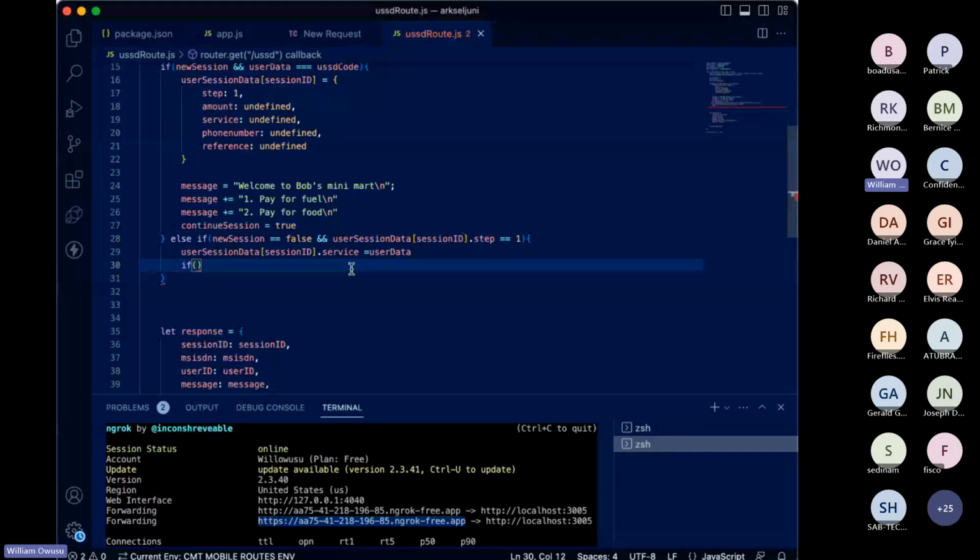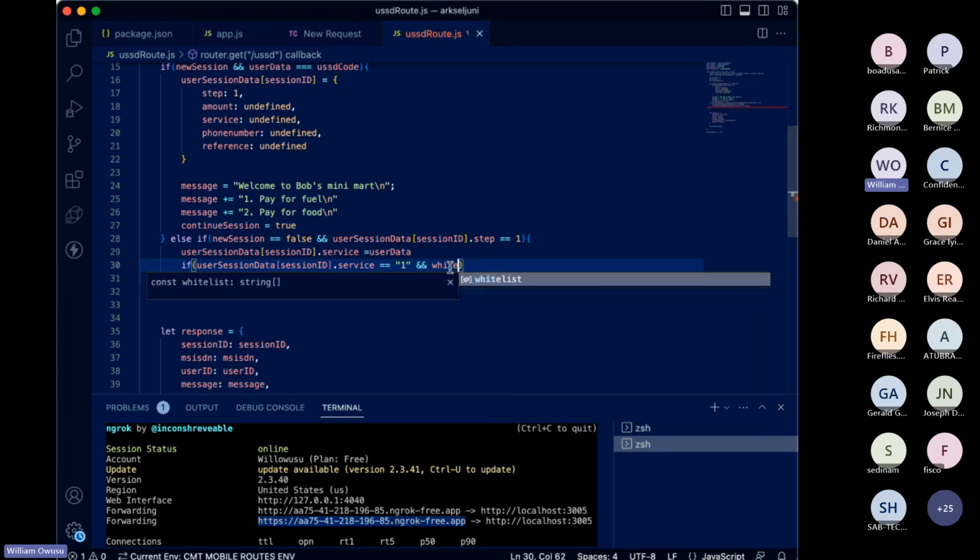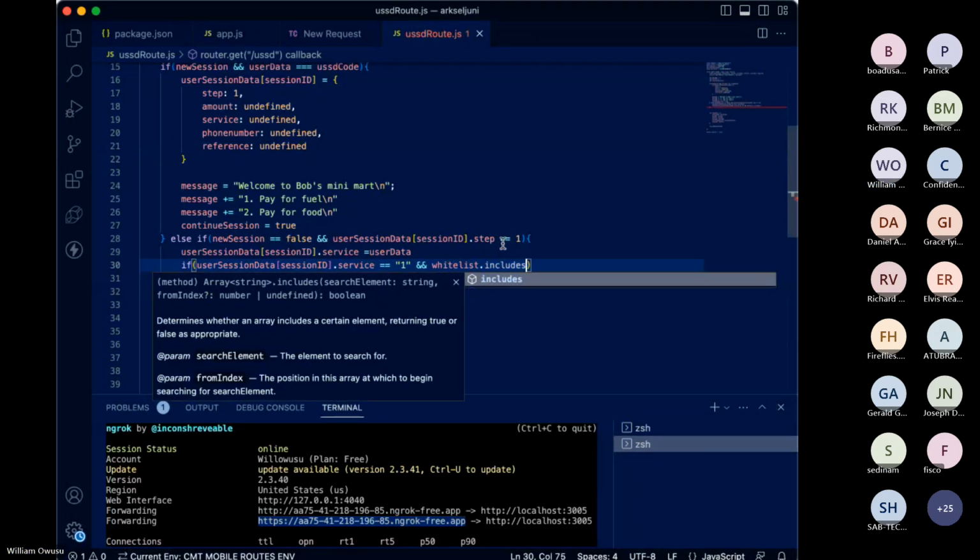I've just checked the user session data with the session ID, and I'll say that if the service that has been entered is a 1, so let's say they are paying for fuel, and also their number is included in the whitelist that we have. I can say whitelist dot includes, and then